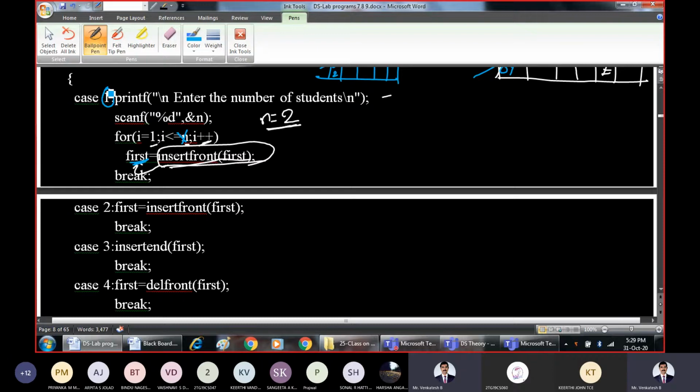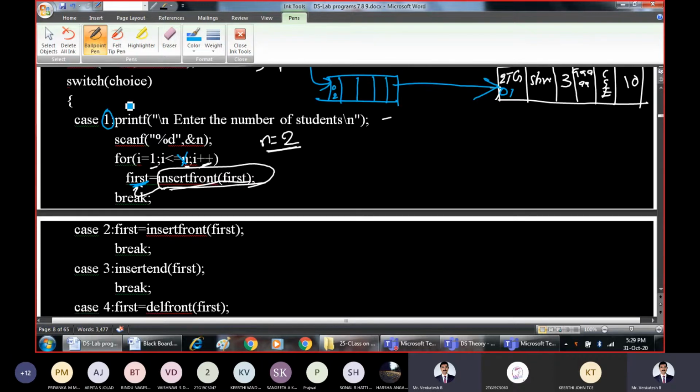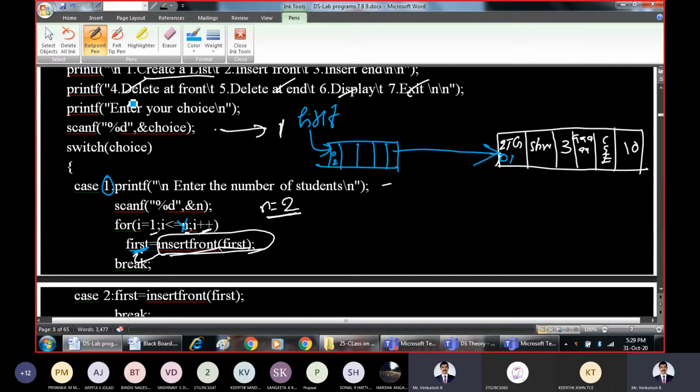insert a node, create a singly linked list by inserting nodes at the front of the linked list. Now as space may not be sufficient for writing, I will follow one convention, so please pay attention. I'll be writing like this. All these are data, 5 data, whatever is required, and this is just a pointer.